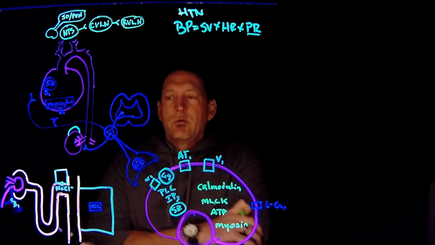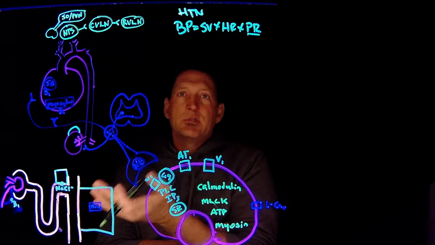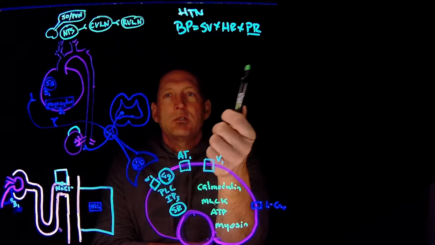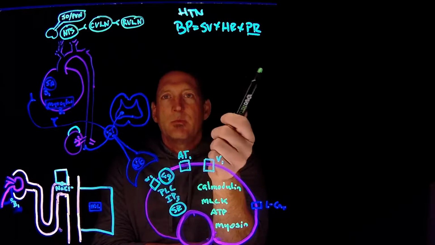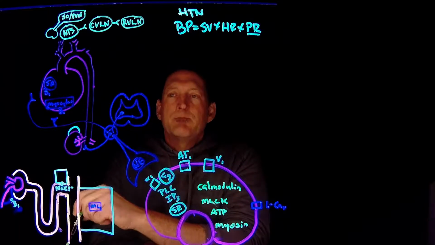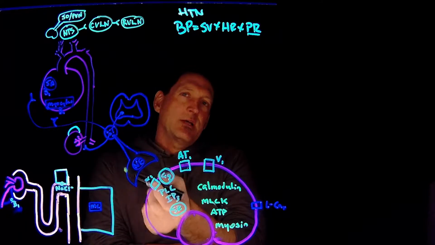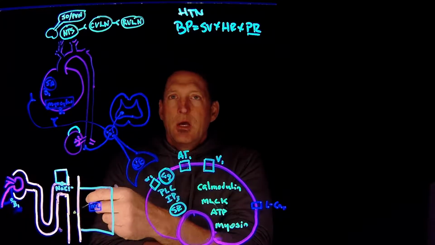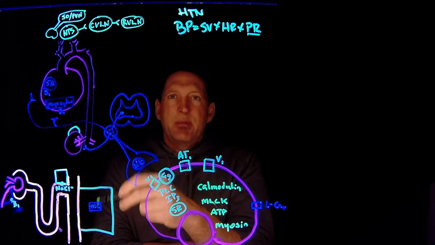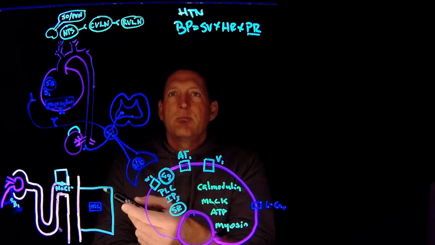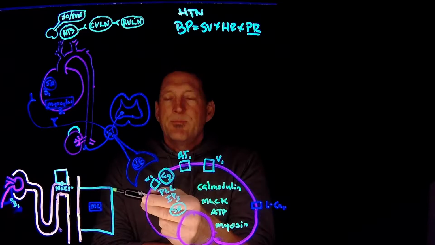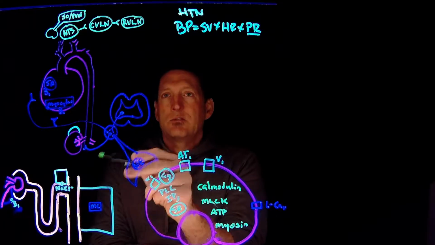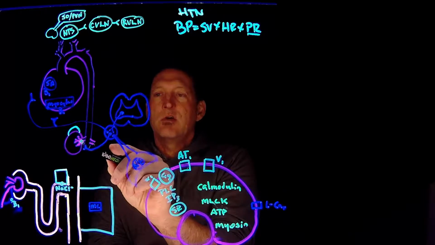So what I wanted to do is walk you through a common scenario of secondary hypertension, where we know what's causing the increase in peripheral resistance, but also some of the other factors too. For example, a secondary cause of hypertension could be renal disease. If I look at somebody that has diabetes mellitus, over the course of time they'll start to get nephropathies. With nephropathies, you're starting to get sclerosis, both hyaline sclerosis and atherosclerosis of the vasculature